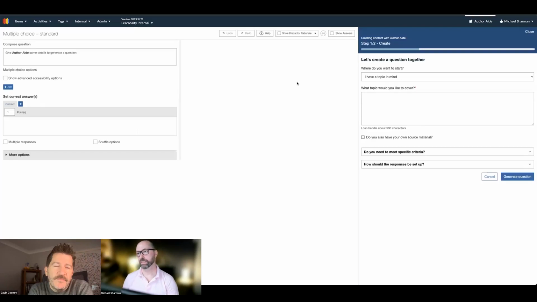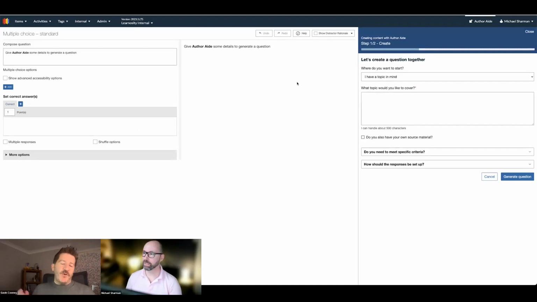Let's go into multiple choice. Very, very common question type. It's not going to go away. Everybody creates multiple choice. About half of our questions are multiple choice. And as a company, we've basically tried to eliminate multiple choice for the last 10 years. We've managed to make it about half of the questions in the item bank. It's still there. They're still pretty prominent. And as Michael said, we will be adding a lot more question types in here as we go forward. We already have multiple choice, true and false, and a drag and drop fill in the blanks question.